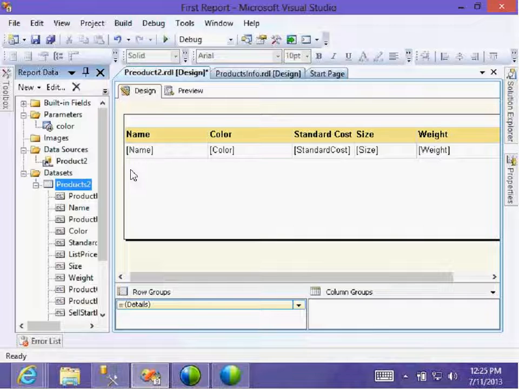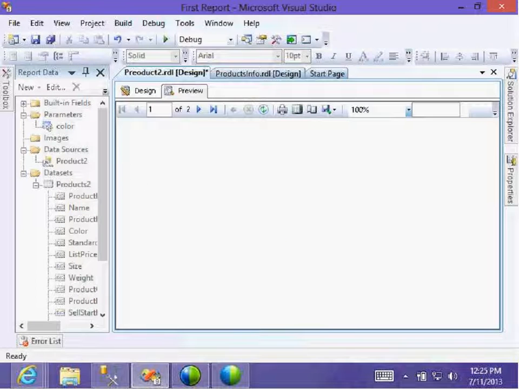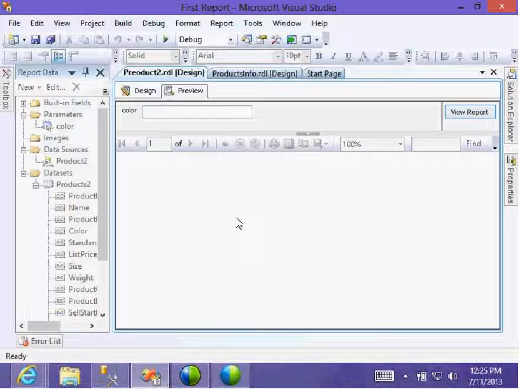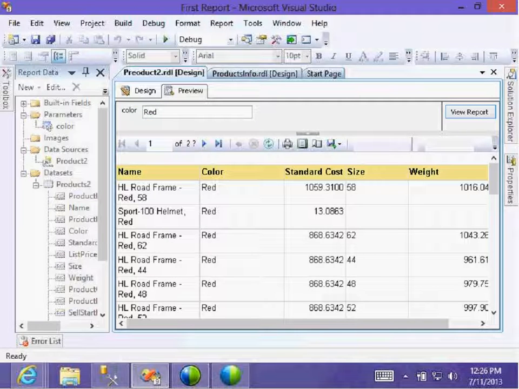But you can understand whether you enter the color or size. Okay, once I created the parameter, then go to display. Then in display, you need the color. Okay, color. Then enter the red.